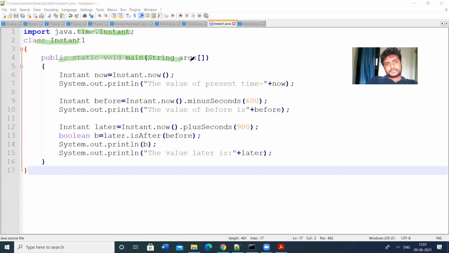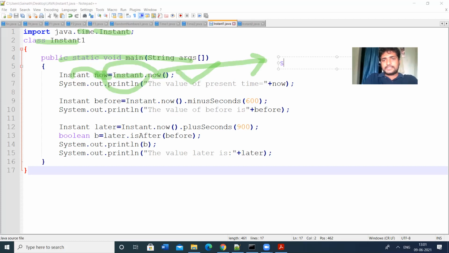This is the main class, main method. Then I am creating an object obj1 of type Instant, using Instant.now. That means the present time will be displayed here. That is the usage of Instant. The Instant class always returns the output in seconds only.